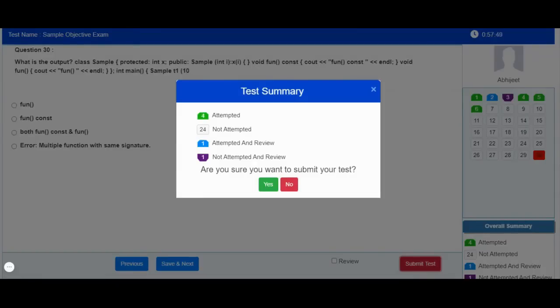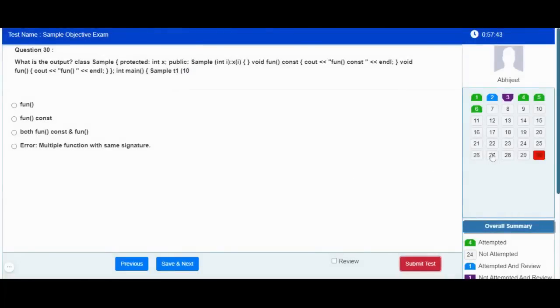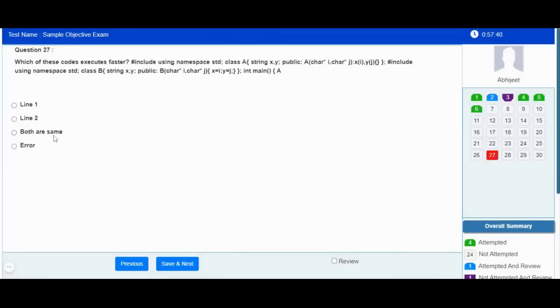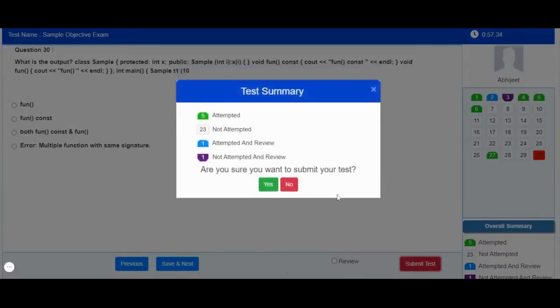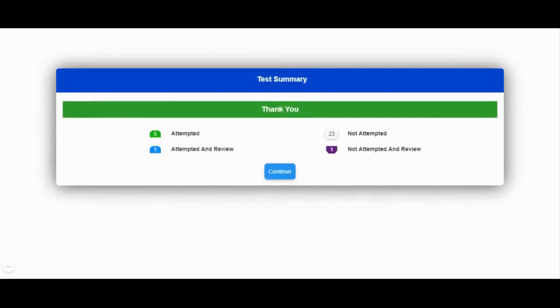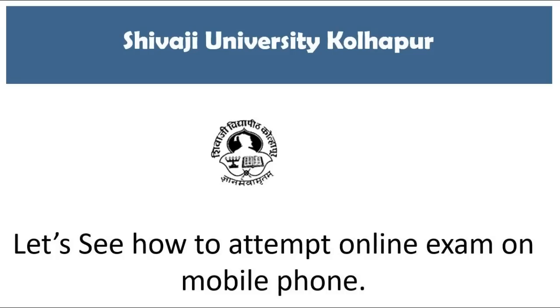If you are not sure you have attempted all the questions, then do not click on the yes button, but you can click on the no button and attempt all the questions as per your preference. Then as soon as you reach the last question, and if you are sure that you have attempted all the questions, then you can click on the yes button. As soon as you click on the yes button, your online exam would be marked as complete.